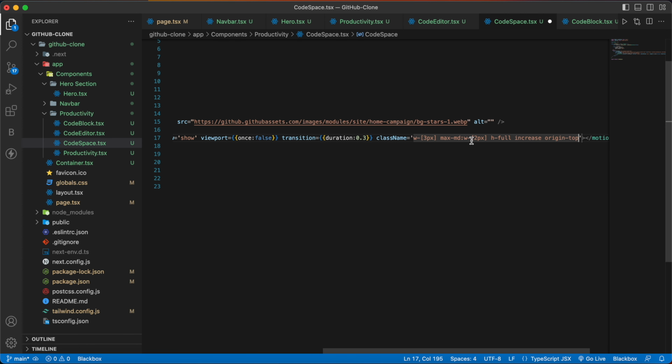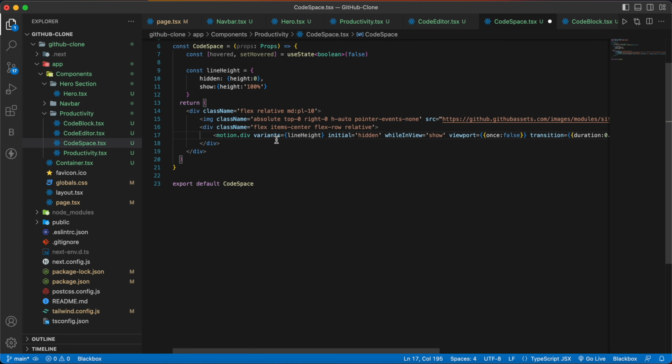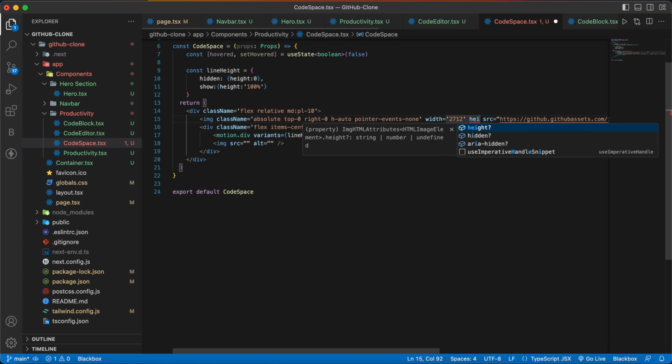Scale I have already defined in the global.css, and now below this, but before here we have to provide width. Width will be 2712, and height will be,